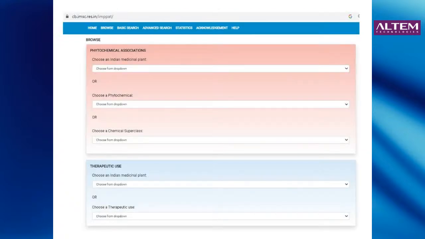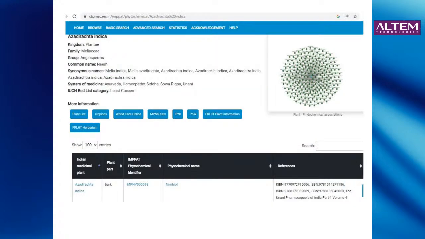So this website lists the phytochemicals in different plants. If you go into this website, you can browse the phytochemicals by looking at the different plants. You can put in the plant name, and even within the plants you can choose a particular part that you want to look at: the bark, the root, the leaf, the flowers, whatever you want. It's also classified by the mode of action, the target action, like cardiac glycoside or respiratory bronchodilator, and then you can retrieve medicinal plants having that kind of activity. So this is a very wonderful website.